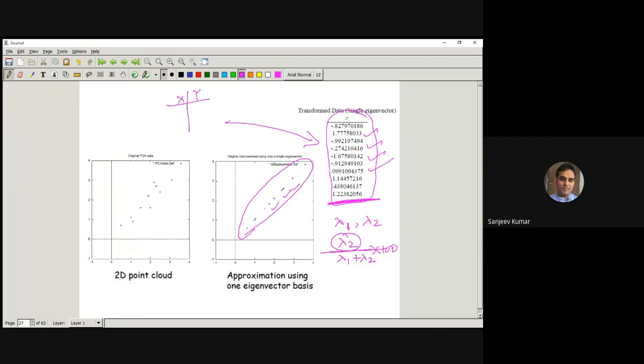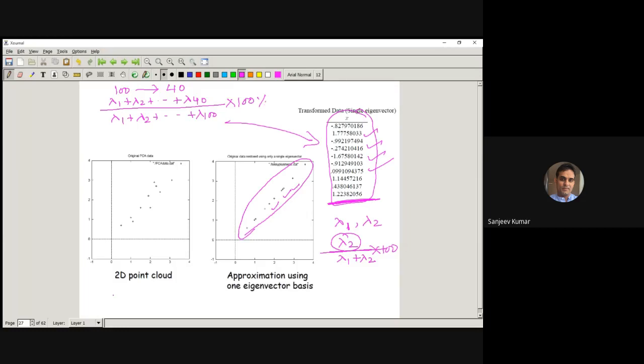So for example, I told you that example, 100 to 40 in the previous slide. So there you will be having lambda 1 plus lambda 2 plus up to lambda 40, if lambda 1, lambda 2, up to lambda 40 are the biggest eigenvalues out of the 100. In the denominator, lambda 1, lambda 2 plus up to lambda 100, into 100%. This much information you are preserving.